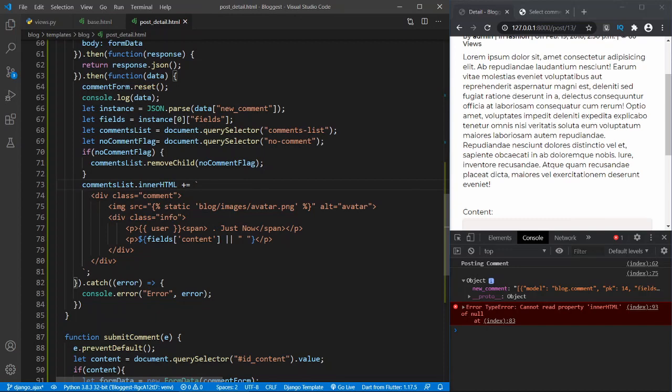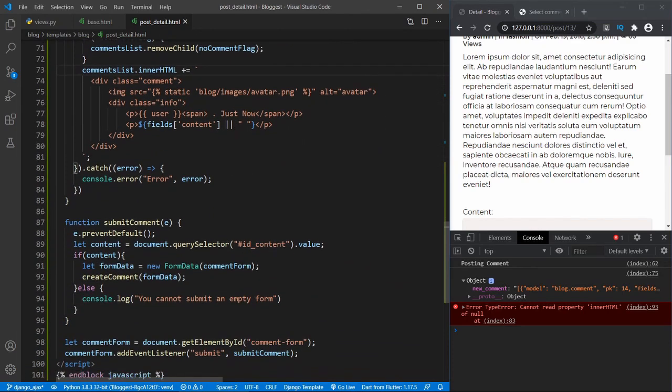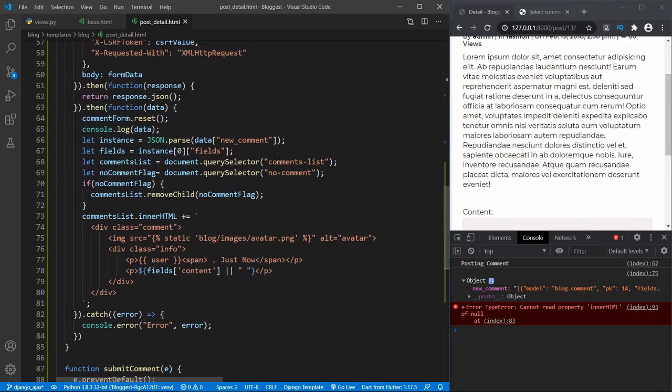When using document.querySelector, you have to prepend it with this symbol. So if it's an ID, you prepend it with the pound symbol. If it's a class, you prepend it with what? The dot symbol. So this shows that it is a class. So I'm going to save this work, do a reload,